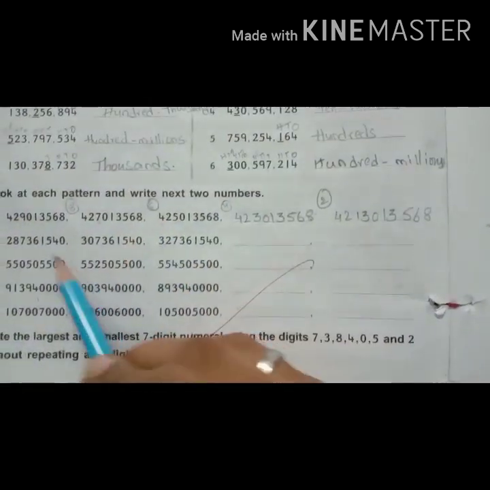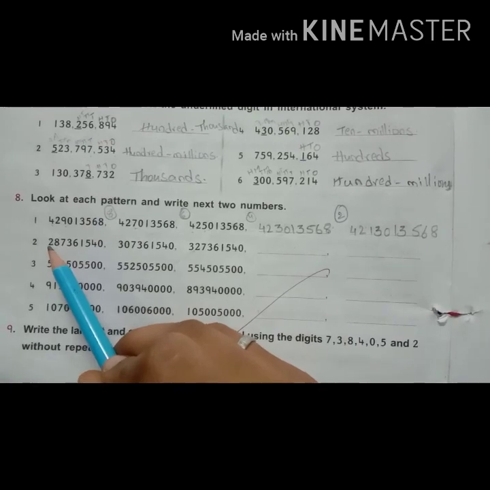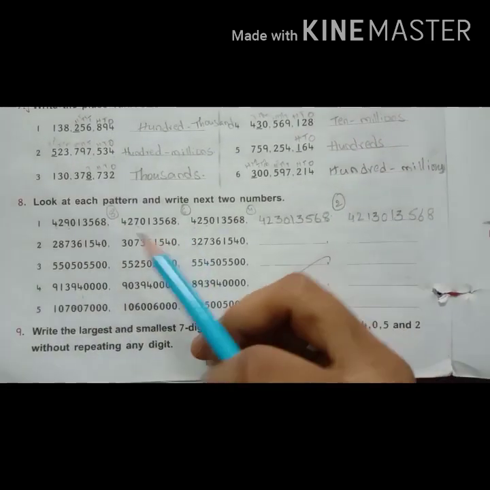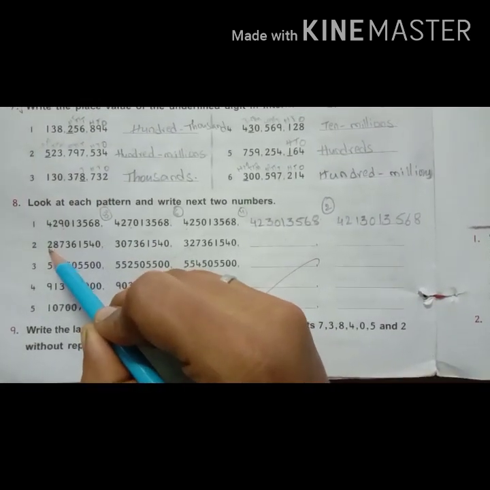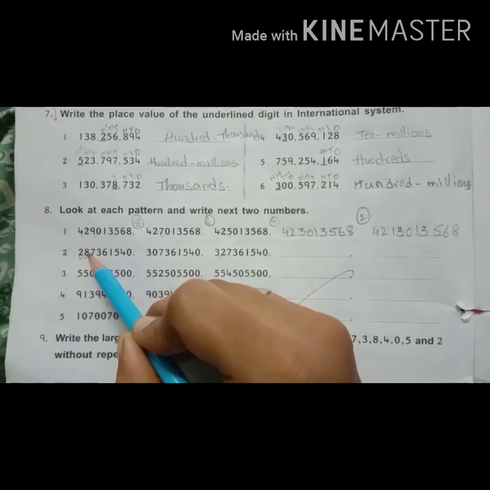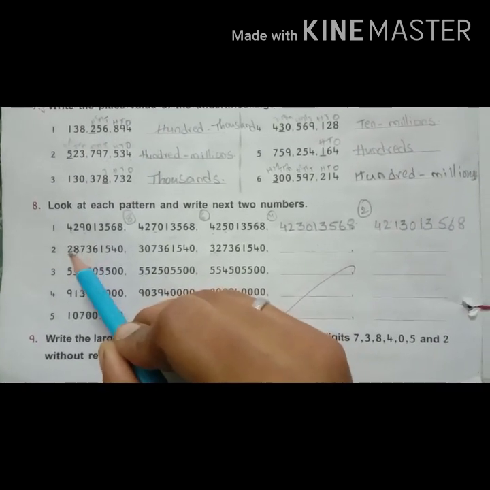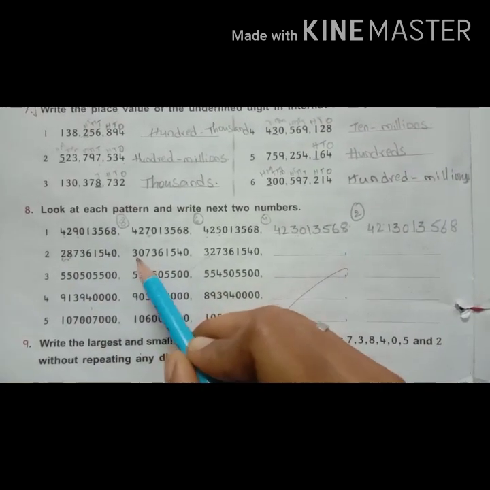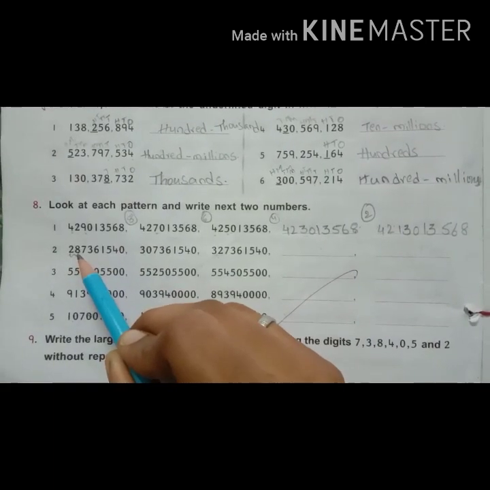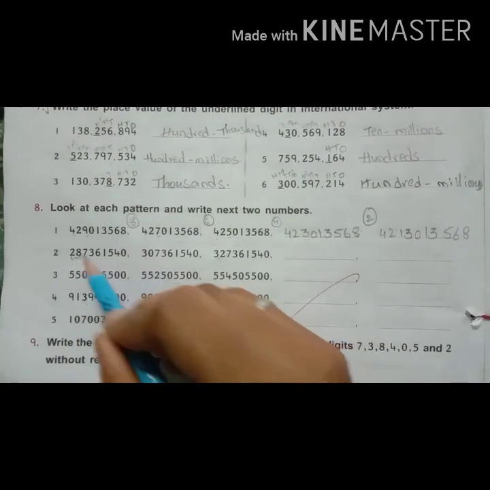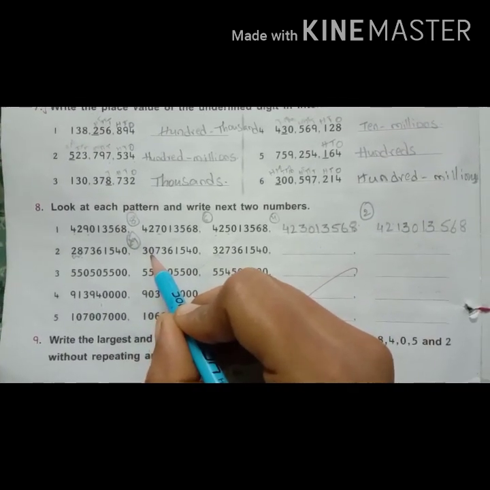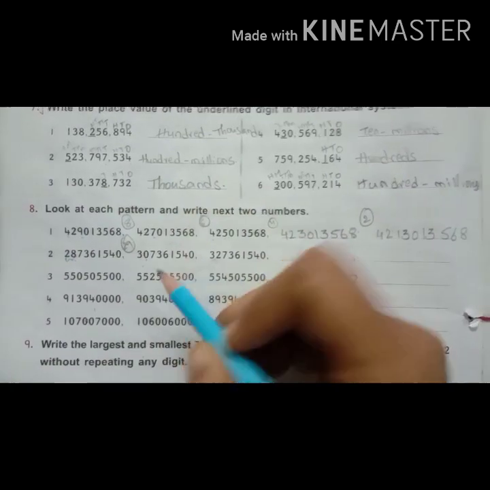Now see the second one. What is the second one here? Here 2 is there. Here 3. Here also 3. So what do we have to do, children, here? Here we have to take the two numbers. Here two numbers are there, no? We have to check the two numbers first. Here what are the two numbers? 28. Here 30. Here 32. In between 30 and 28, which number are we missing? 29. So one number we have to miss and write the next number.